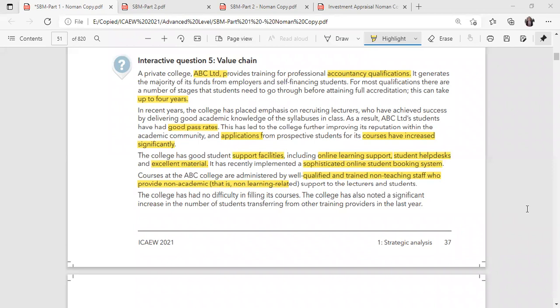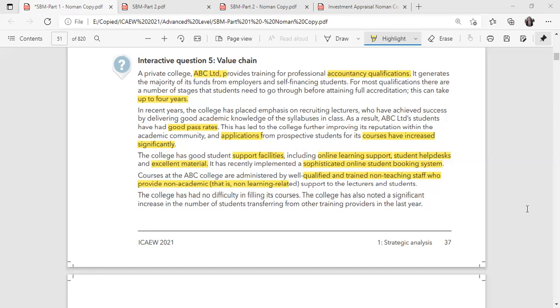Plus, there are these non-teaching staff who are trained enough. They're not involved in teaching, so I kept them as support activities. But again, I would like to hear from others and you, or if there are any things which I missed, or maybe some classification may not be correct. Okay, fine. Thank you. Before we go for the detailed discussion, one point is that basically, first of all, we should try to get maximum points from ABC Limited.